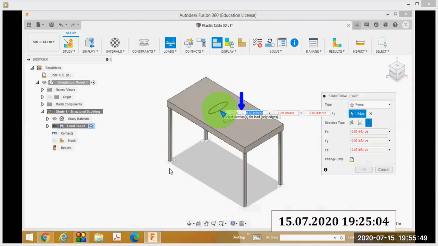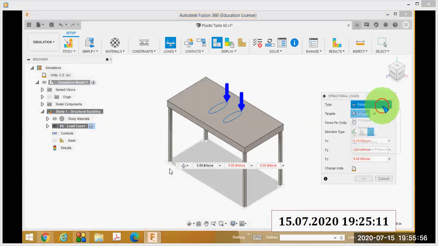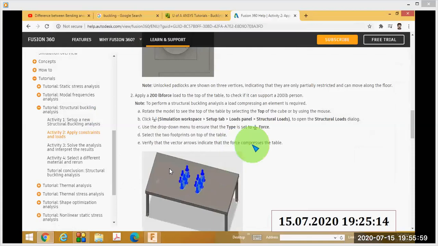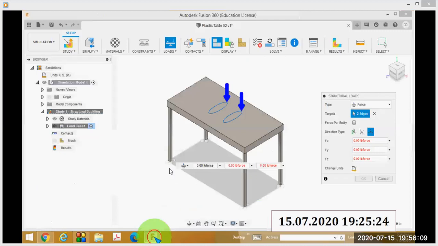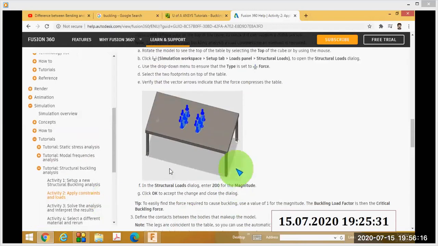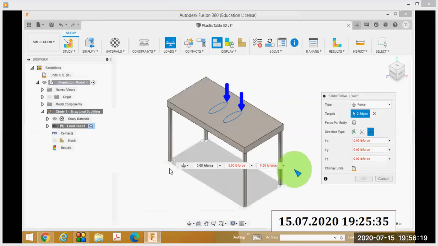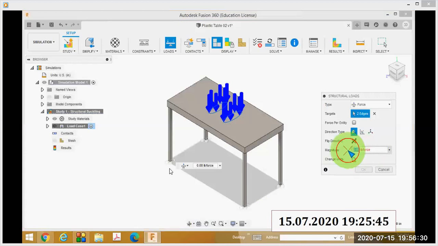I will select the 2 ellipses on the top and I will change the type into force and enter the magnitude as 200 and the direction type to normal. Then I will click OK.